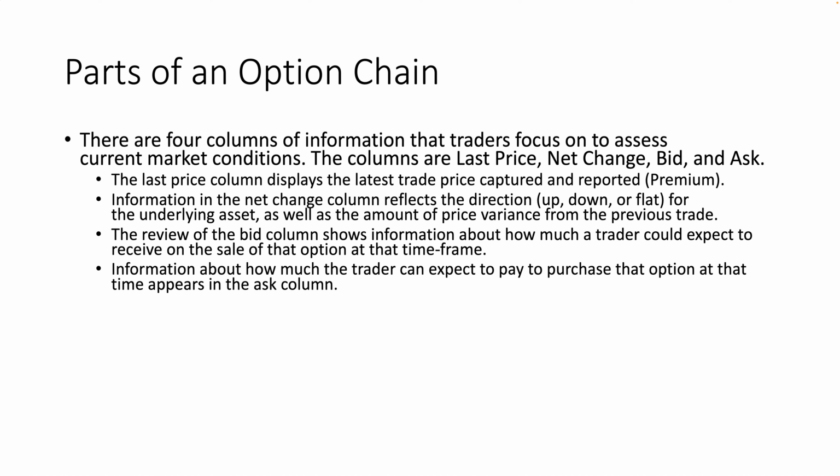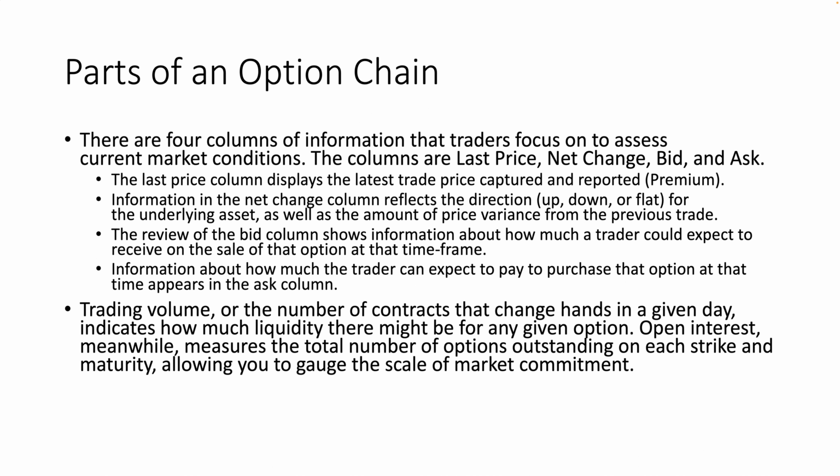The information in the net change column reflects the change in direction, up, down, or flat, for the underlying asset, as well as the amount of price variance from the previous trade. Review of the bid column shows information about how much a trader could expect to receive on the sale of the option at that time frame. Information about how much the trader can expect to pay to purchase that option at that time appears in the